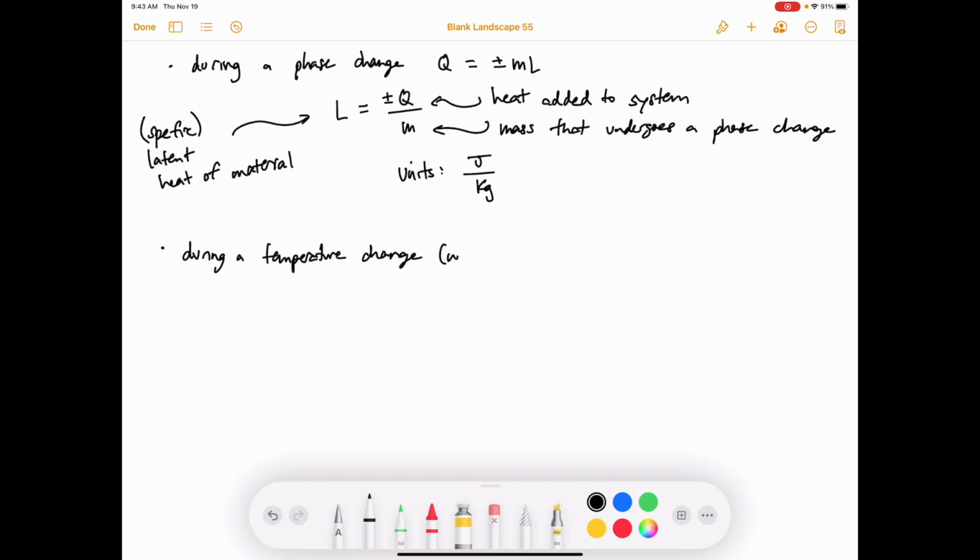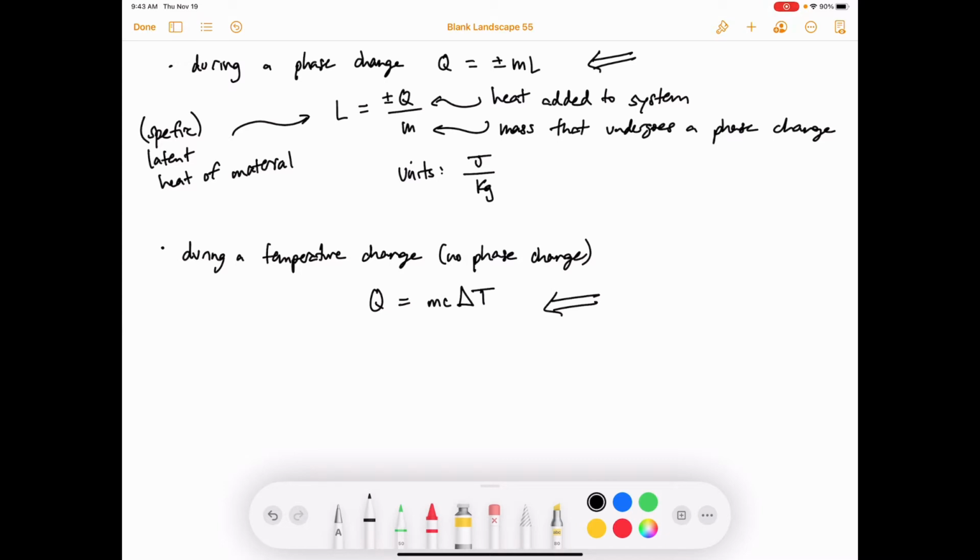So there's no phase change occurring. The heat in that case is given by mc delta T. So basically we have these two formulas. The first one we use whenever there is a phase change occurring. And we use this other formula when there's no phase change occurring, and all that's happening is the temperature is